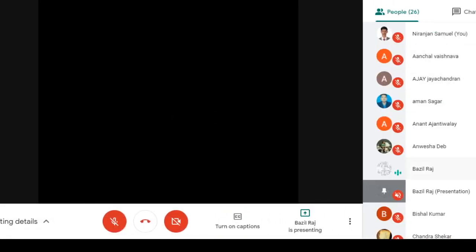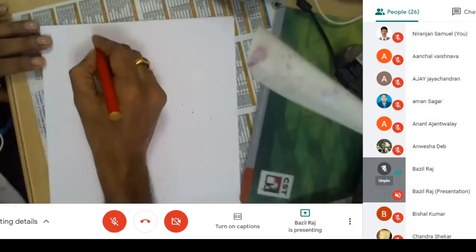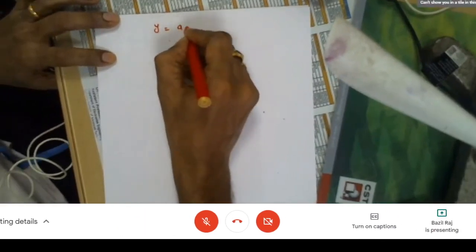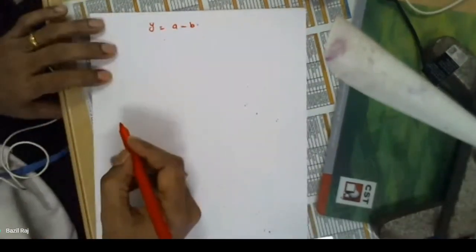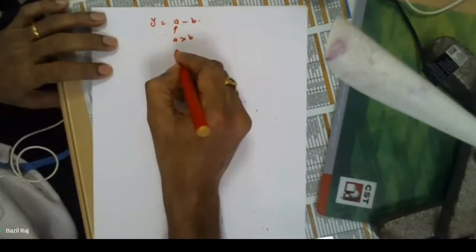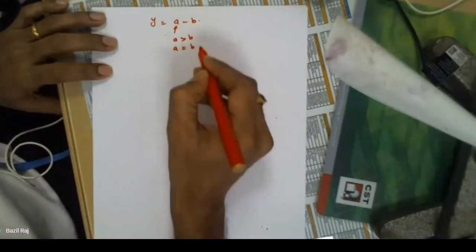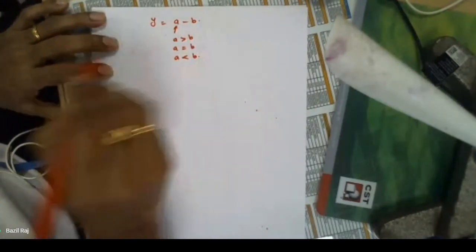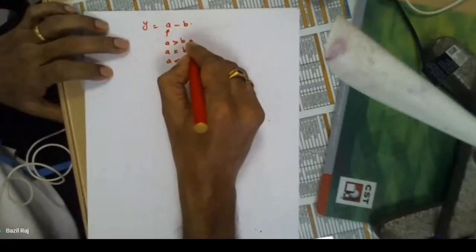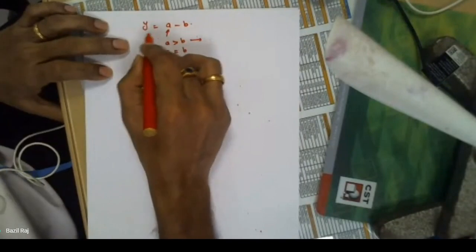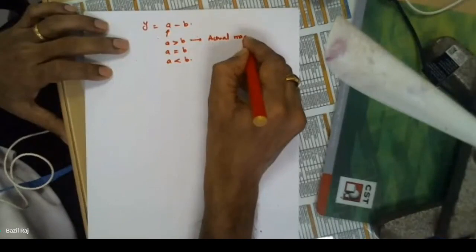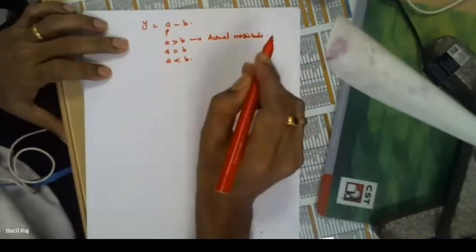See, we know the method of subtraction in digital. So Y equals A minus B. A may be greater than B, or A may be equal to B, or A may be less than B. If A is greater than B, then straight away this result will be the actual magnitude.